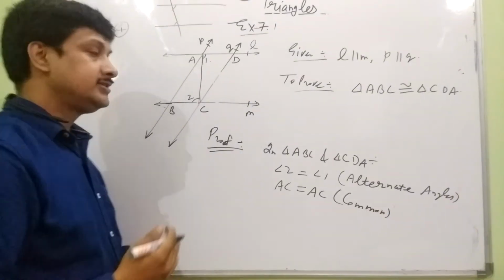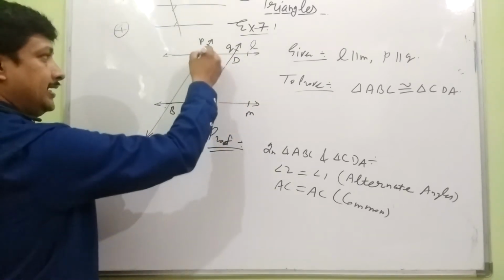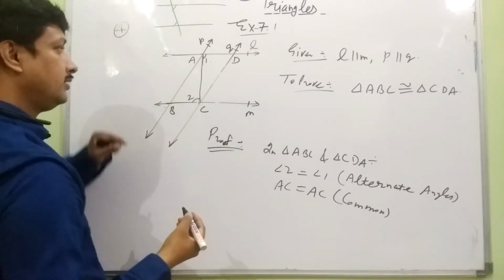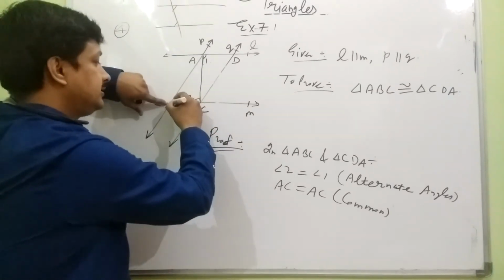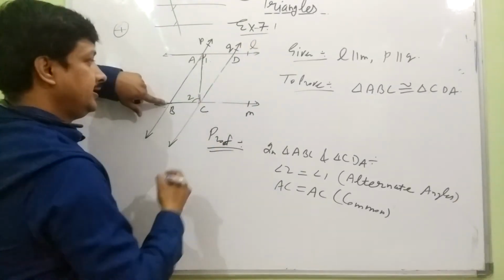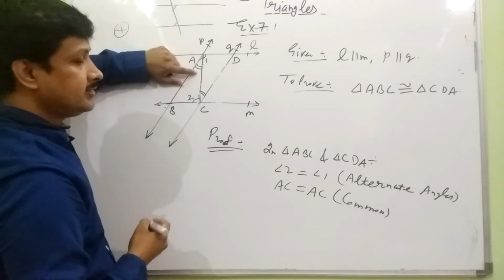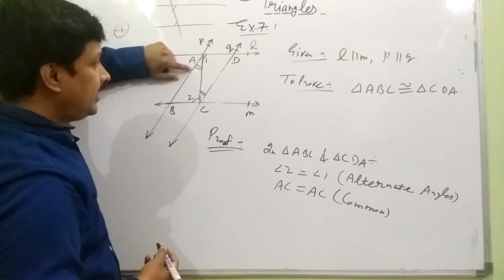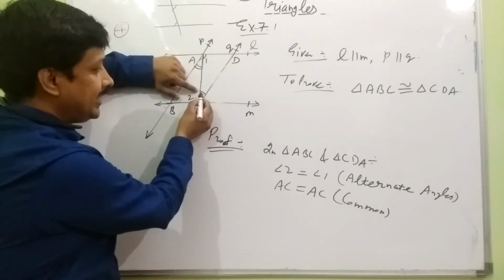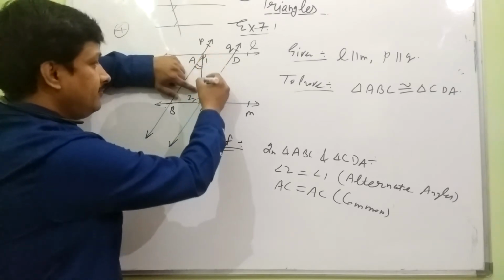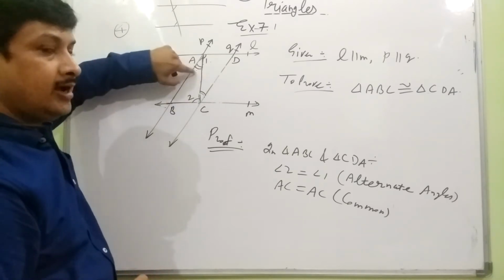Now what is the third thing? We also know line P is parallel to line Q, and AC is a transversal again, but this time which angles will be equal? A Z is forming here, you can see. So this angle is equal to this angle. We take the angle from the parallel line and end at the transversal, and here also we take it at the parallel line and end at the transversal. At the same time, these angles are on opposite sides of the transversal, so they are the required alternate angles.